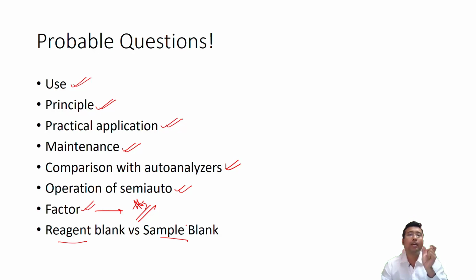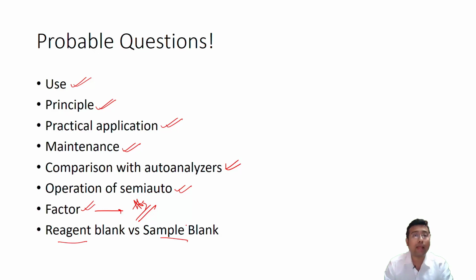This amount of OD will definitely have some impact on the final result, right? For example, if it is 0.03 and the final result is 0.09, it is a factor of 30%. But if the final result is 0.15 and the blank is 0.03, then it's negligible. But still, reagent blank should always be considered.